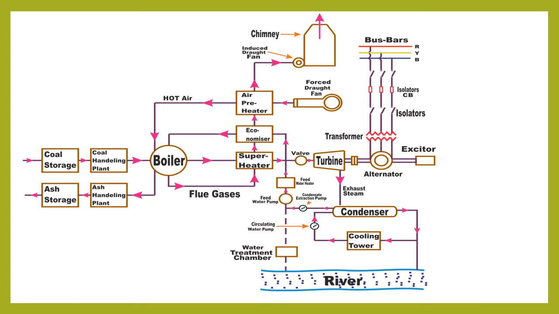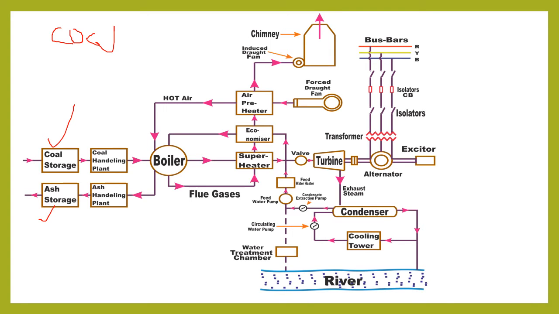The first circuit utilizes coal storage and ash storage, so we will look at this first. As we know, we are utilizing coal as a fuel, so it is going to be burned. We have to collect coal before using the boiler. There should be a storage space in which a large amount of coal is kept.